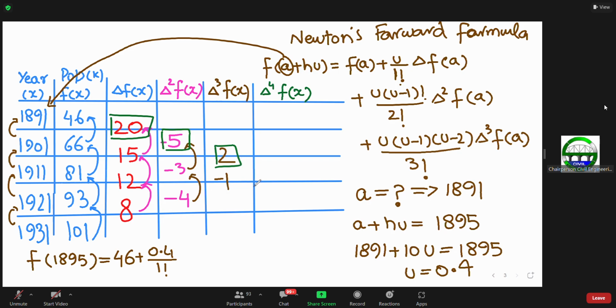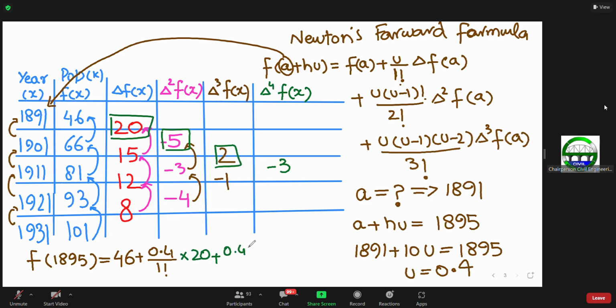There could be 1 minus 2 is equal to minus 3. Okay, so let's calculate 0.4 divided by 1 factorial into del f of a. Del f of a is equal to 20, right? It will be equal to 20 plus